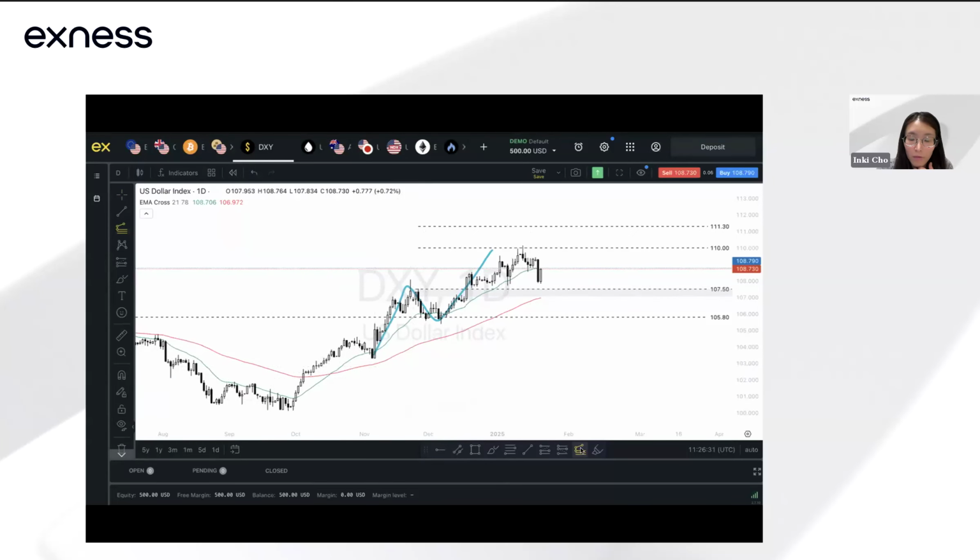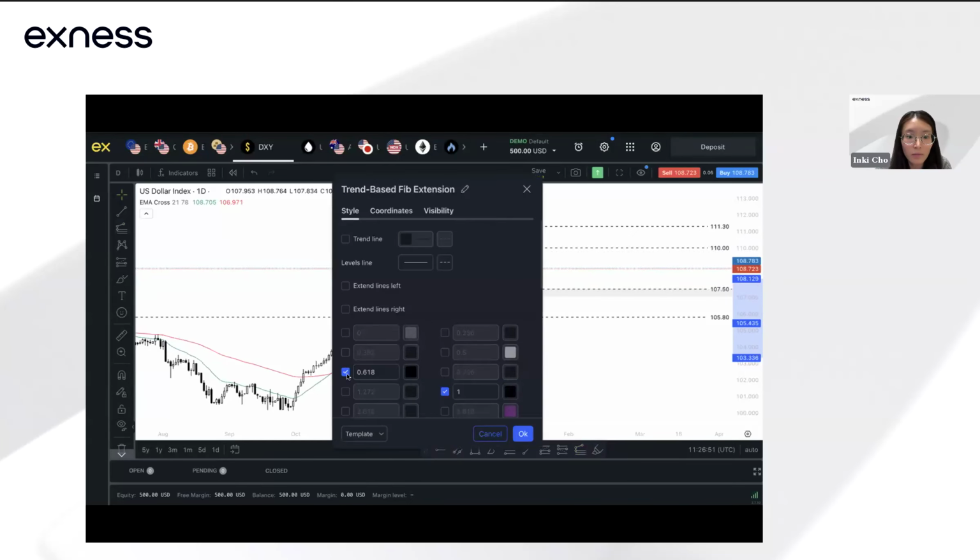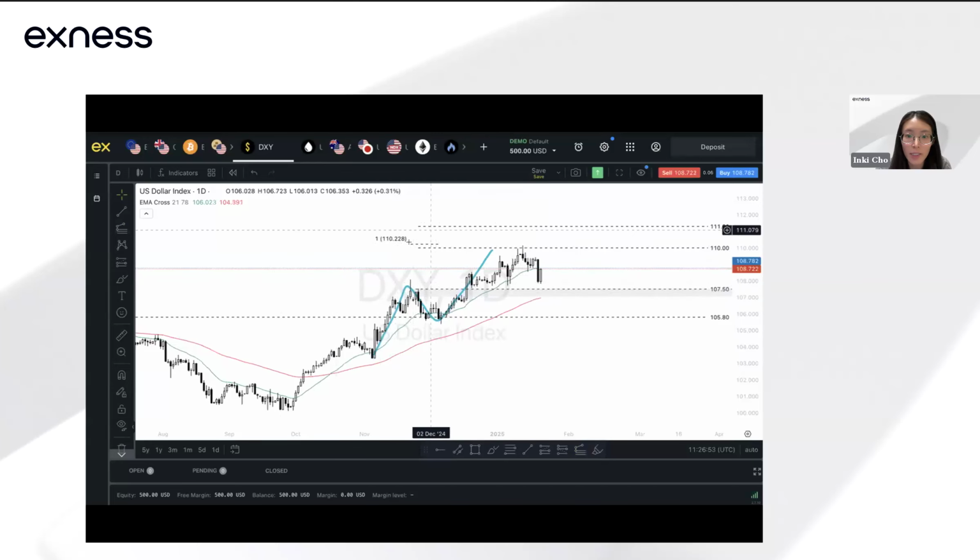Once you have that indicator, just click on the turning points. So this is the first point over here, the second point, which is the high, and the third point. You can see the 100% extension lies at about the 110.20 level. If we want to round off, it's really just this region, so the 110 to 110.20 area. So this area here. Okay, so this is the 100% extension.